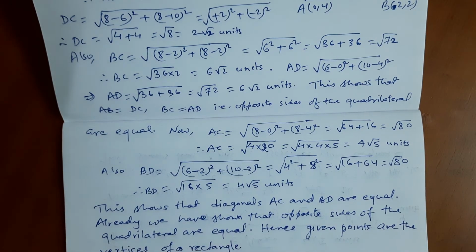Okay, so these given points are the vertices of a rectangle, because here what we have shown is